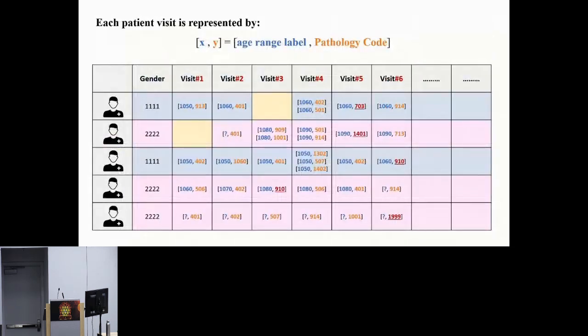Subsequently, we iterated through each record performing the following additional tasks. First of all, only the first appearance of each diagnosis was kept, as they are chronic diseases. Secondly, we eliminated null visits from the sequence and reassigned the subsequent visits to their correct order, as we can see here.